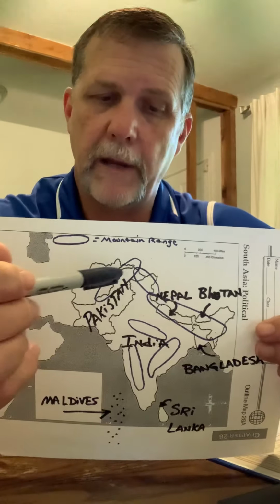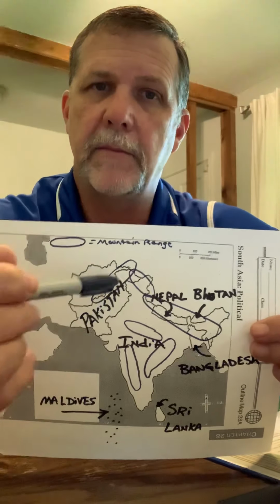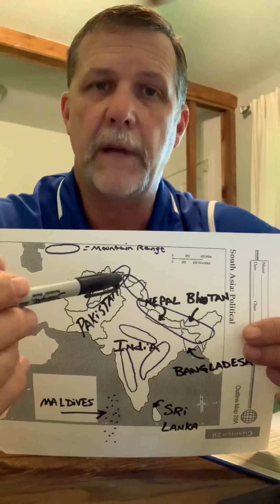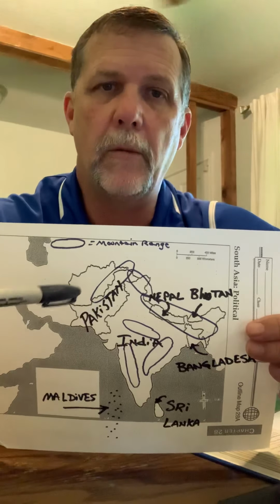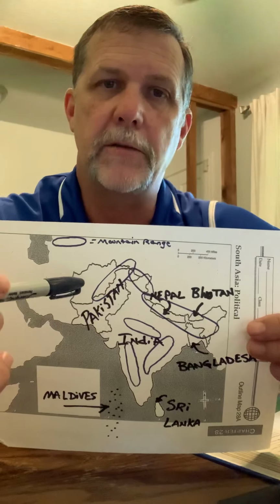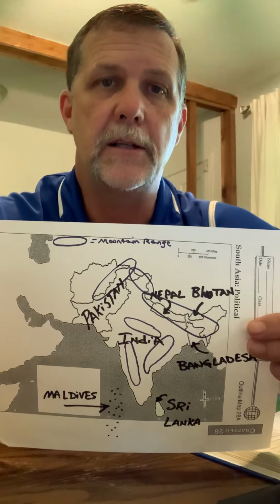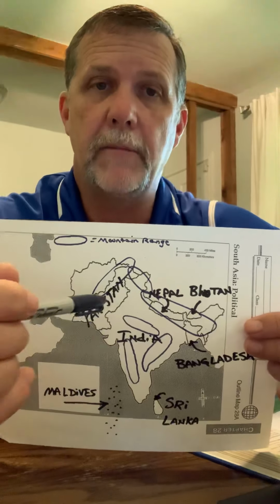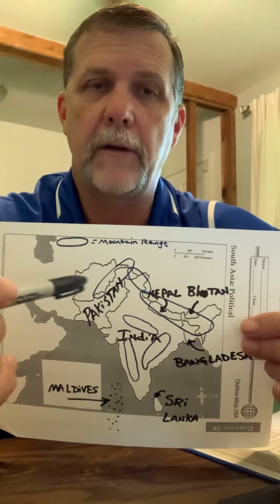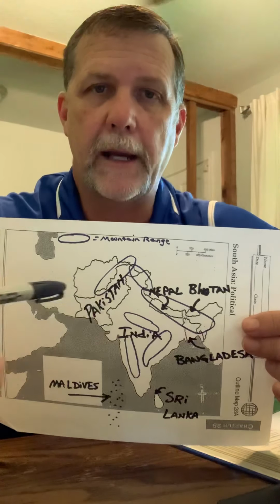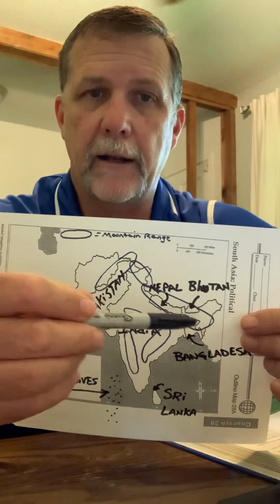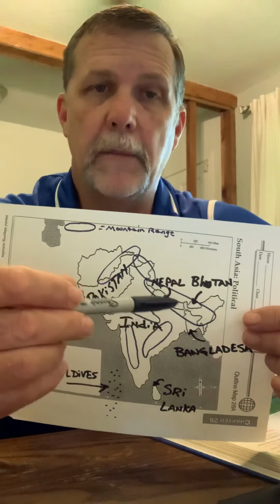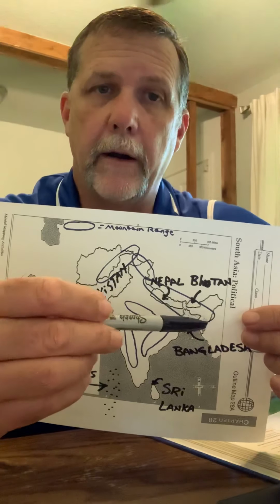But you also have another mountain range right here, and this is in between Pakistan and Afghanistan. And this one is called the Hindu Kush Mountains. And this is one reason why you typically put Afghanistan, which is right here, over with Southwest Asia whenever we learned about that. And then we put Pakistan over here because these Hindu Kush Mountains, they've created a huge barrier between Pakistan and Afghanistan.